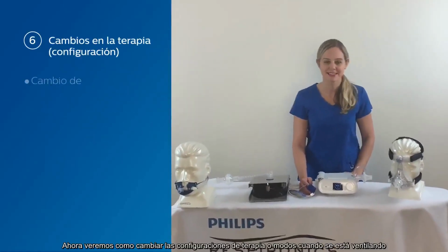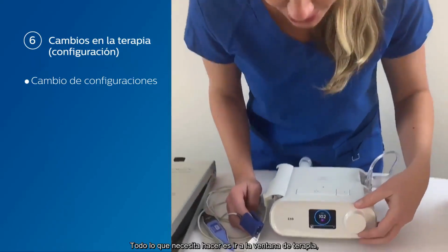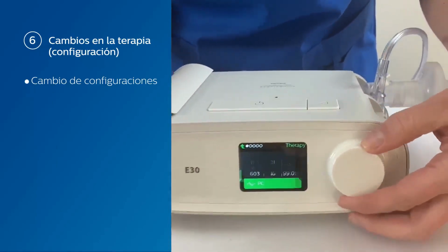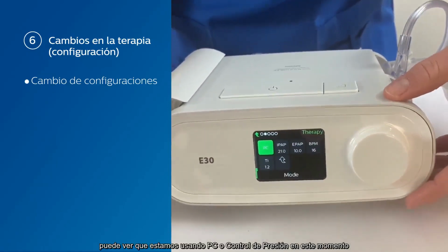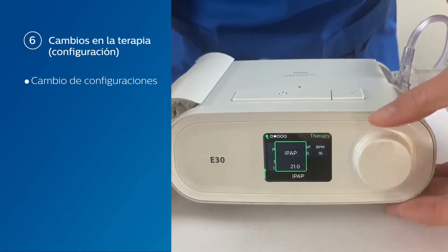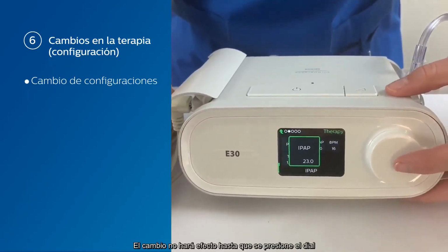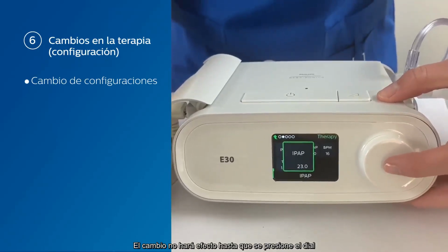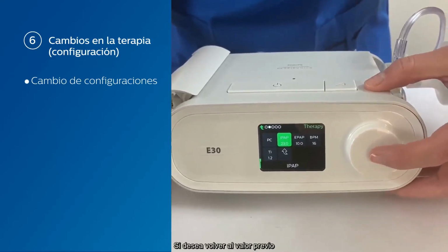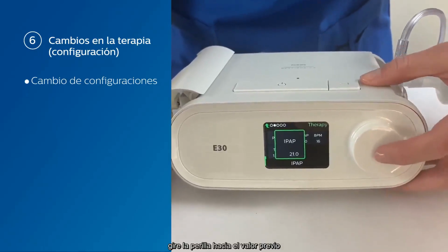Now we're going to discuss how to change the therapy settings or modes while you're actually ventilating. All you need to do is change over to your therapy screen. You can see that we're using PC or pressure control mode at the moment. We're going to slide over to your IPAP. Let's say we wanted to change this IPAP. In this case, we're going to be increasing it. That change won't take effect until you tap your control dial. Now our IPAP has increased. If you want to change it back, just tap that again, rotate the dial back to the setting where you're